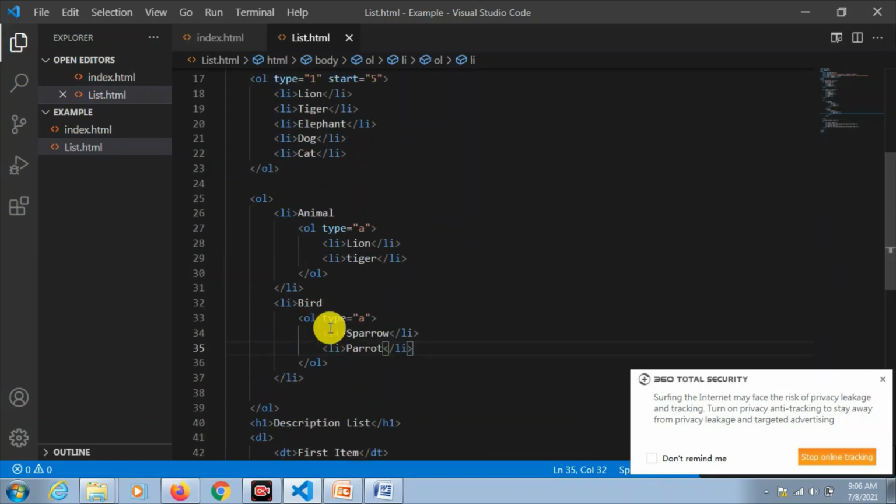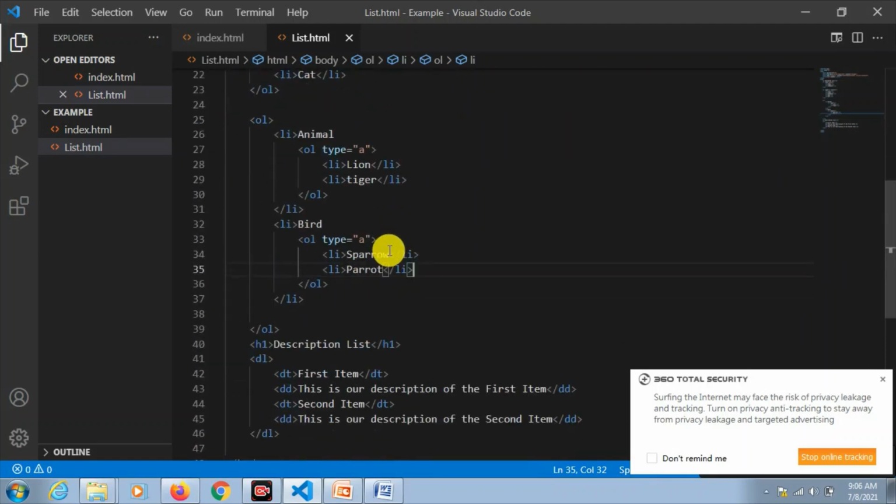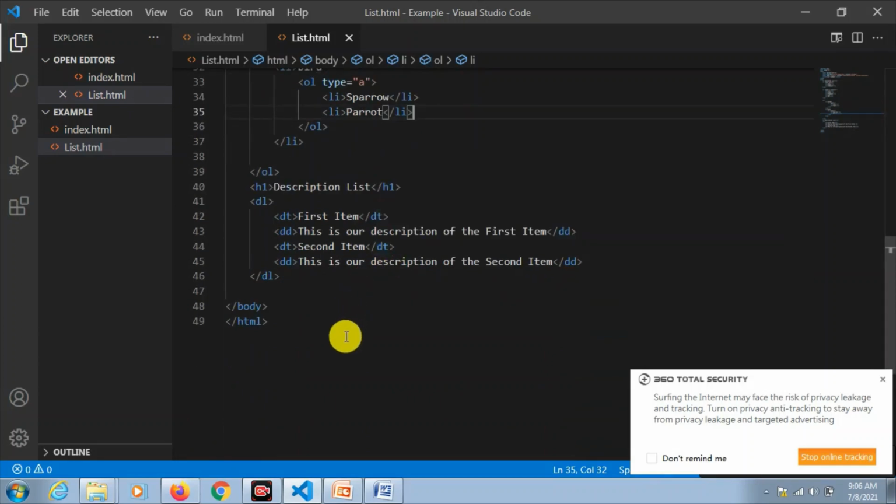So we have seen there are three kinds of lists, that is UL, OL and DL. DL is very less used, but it's better that you understand the terms and the tags that has been used.